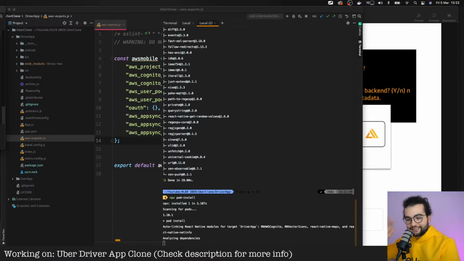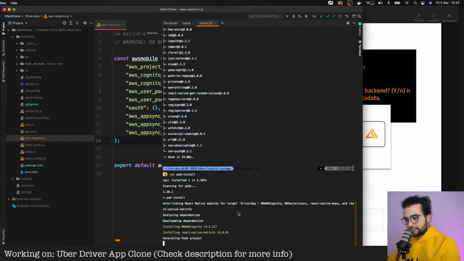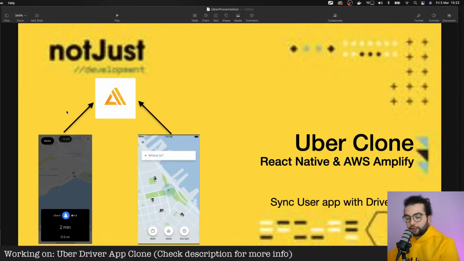Hello, hi guys. How are you doing? For everyone that is just connecting, I'm gonna give a brief overview. We are finishing today our Uber clone series. Now we are connecting the driver application to the backend that we created for our user application.